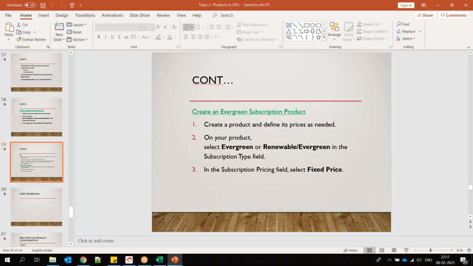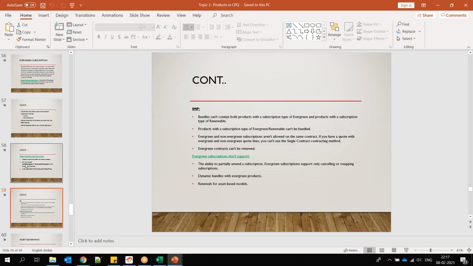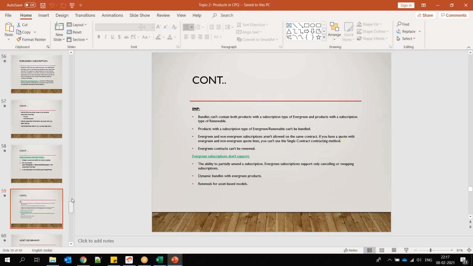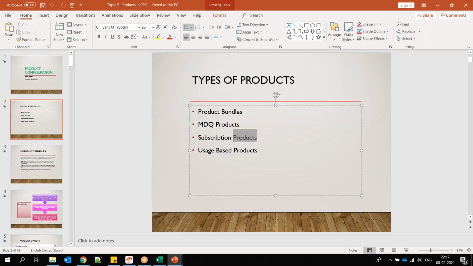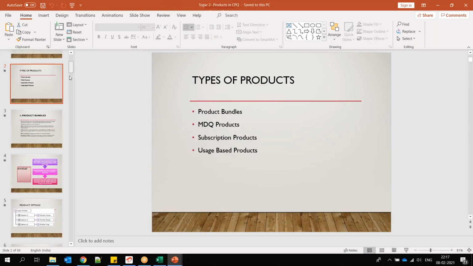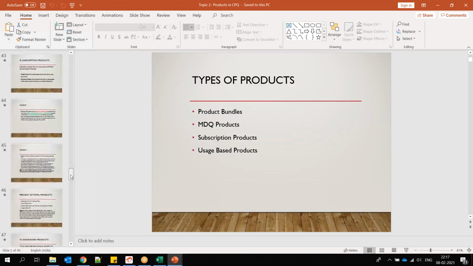Evergreen subscription is one of the product types. So I don't want to confuse you. Again, I am saying there are two main types of product. One is asset-based product and another is subscription-based product. But if you divide that subscription-based product, it's again like product bundle. We have MDQ product, then the subscription product we already discussed, and the usage product. So it's again a type. It's not like a subscription product. Subscription product is whatever we are discussing, right? It is subscription product. So let me go to